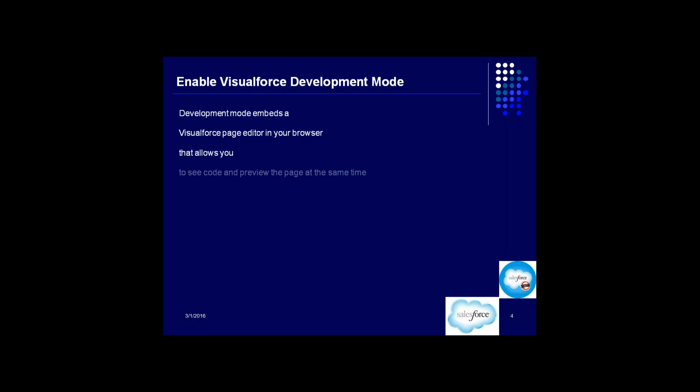This allows you to see code and preview the page at the same time. So it will make things easier for you. So that's what a development mode is going to do. So to enable the development mode, you just have to